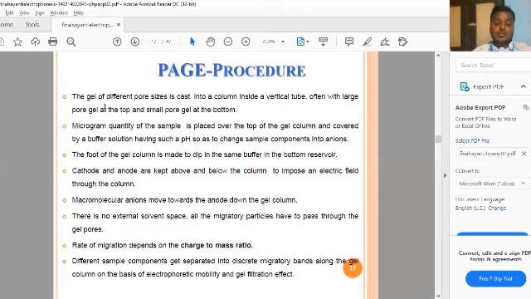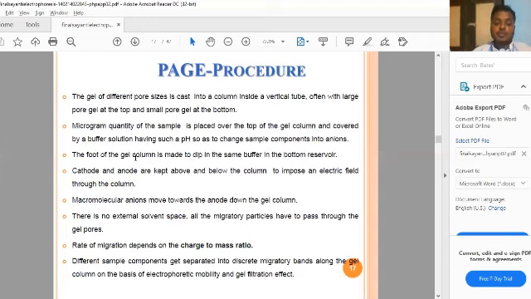The foot of the gel column is made to dip in the same buffer in the bottom reservoir. So again, the first step: the gel of different pore sizes is cast into the column inside the vertical tube, with a large pore gel at the top and small pore gel at the bottom. Large pore at the top of the gel and small pore at the bottom. And the second step, the microgram quantity of the